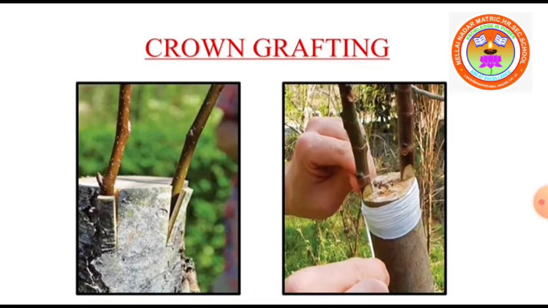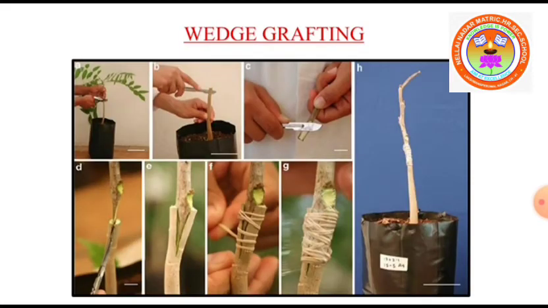Crown means top. When the stalk is larger in size, CNs are cut into a wedge-shaped structure and inserted into the slits. Slits means small openings or clefts of the stalk. The stalk is the rooted part. So CNs are made into a wedge-shaped structure and inserted into the slits or cleft of the stalk and fixed into position. Once it is fixed, they are tightly wrapped with tape or fixed with grafting wax.